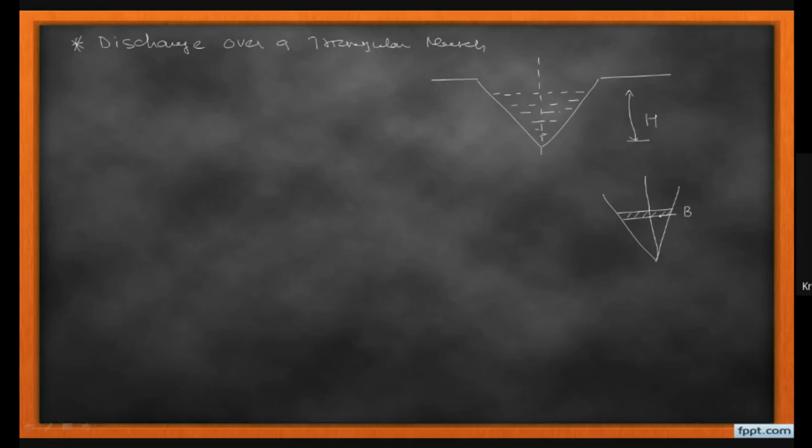I also mark the points. This is my B point, this is A point, the central point is C, and the whole angle is theta, so the semi-angle becomes theta by 2. And we consider the thickness of this small strip as dh, which lies at a height of, suppose I represent this strip in this figure, this is my strip I consider over here. So the total height is capital H, and this depth is small h from the level of water.